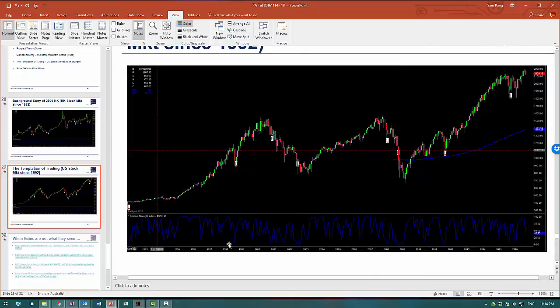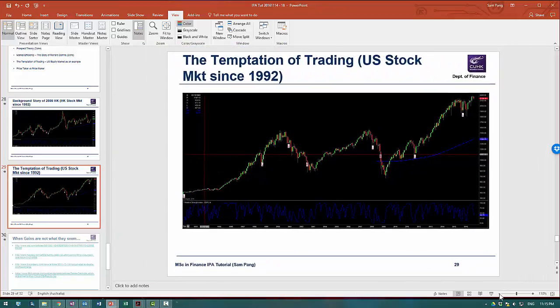between the time of 1998 to the time of this little dotted red line, the time of 2011, for 13 years, you could argue that if you had invested here and it's gone up, down, up, down, up, and down, so for 13 years, you made absolutely nothing, more or less. Now, why do I call this chart the temptation of trading?